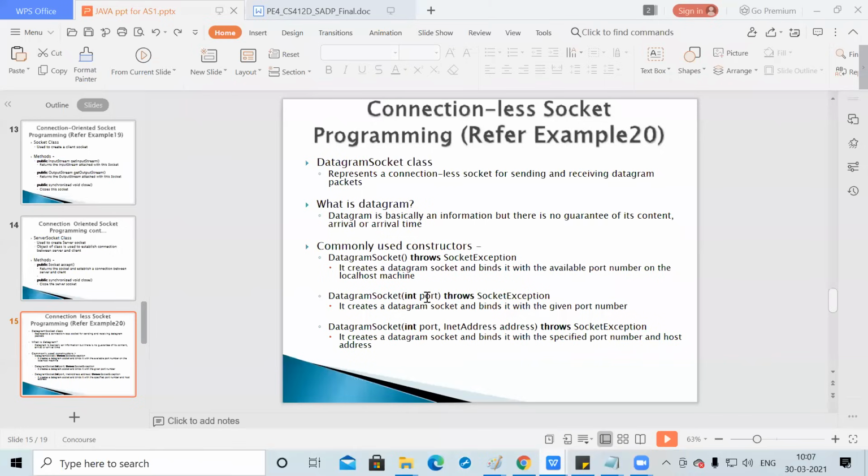And DatagramSocket with an int port throws SocketException creates the datagram socket and binds it with a given port number.